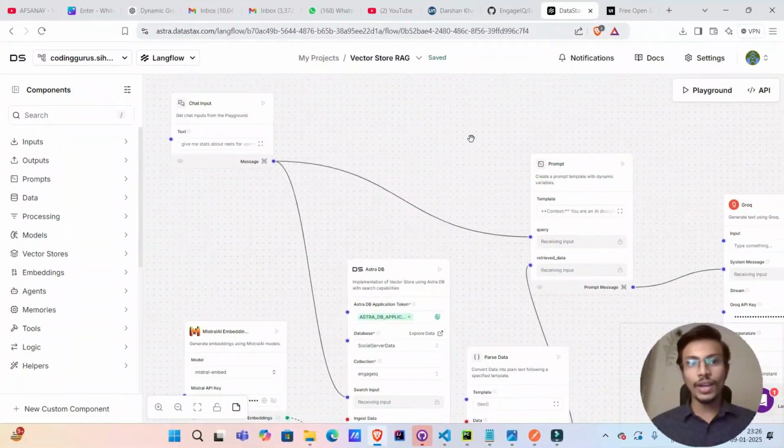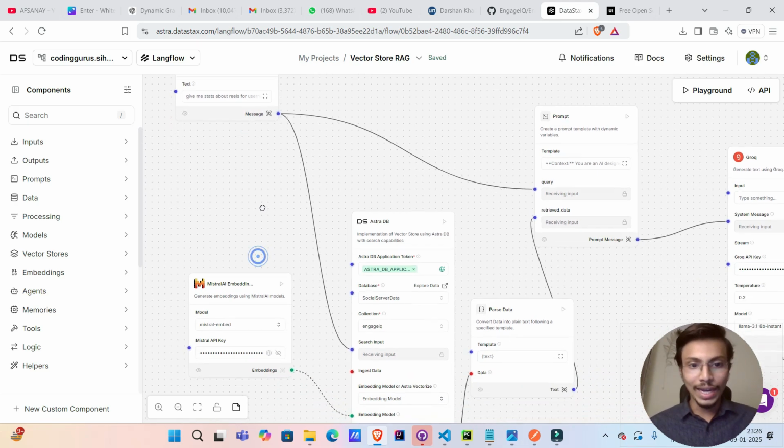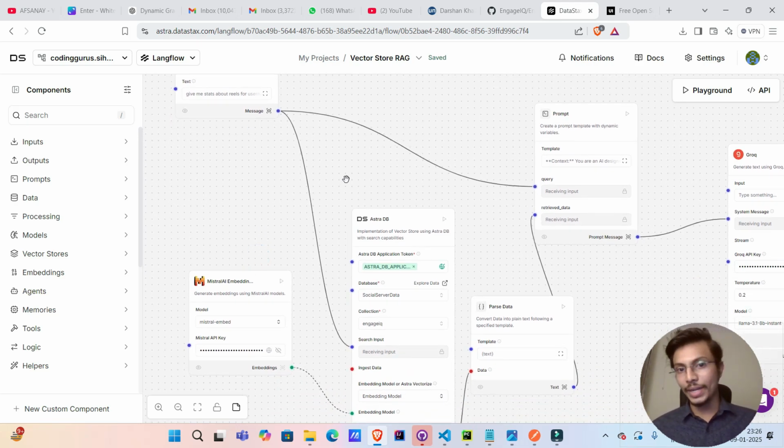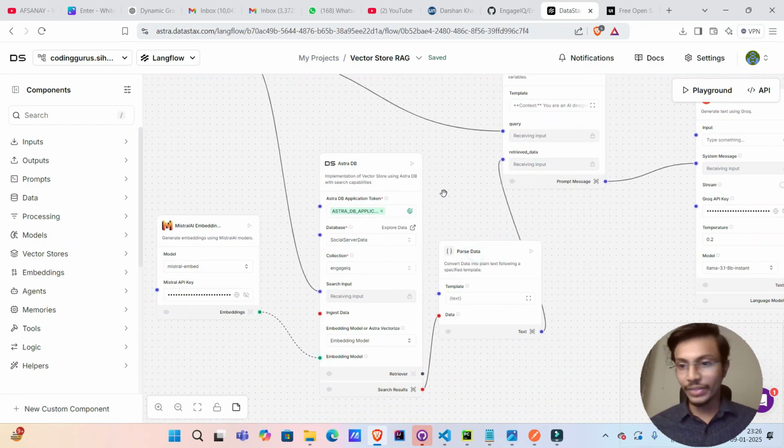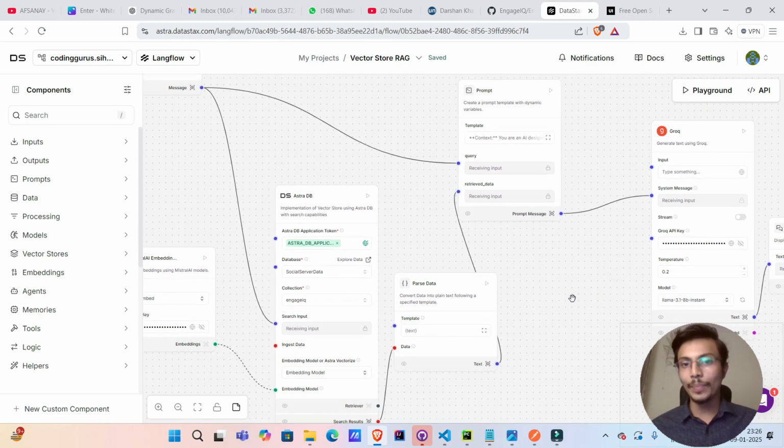Here is the flow of our Langflow API. So here we have the chat input which we are passing through our UI, and for embeddings we are using Mistral AI embeddings, which further moves on to AstraDB. So here we have implemented the vector store using AstraDB. So after parsing the data, the text prompt, it generates the response and the data is then parsed to the